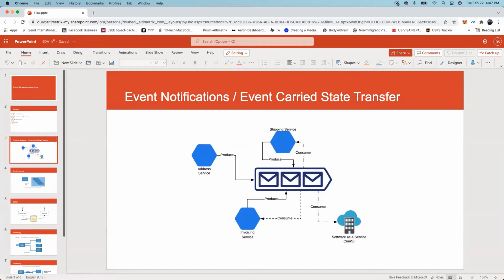So maybe the citizen is not a citizen anymore, probably because he changed his nationality, right? But the event only represented an update for the citizen. So it's up to you what you want to put into that event object as a notification for your clients or your consumers. One way is just to mention that, hey, there is an update, and the rest is up to the clients whether they want to do something with that information. Maybe